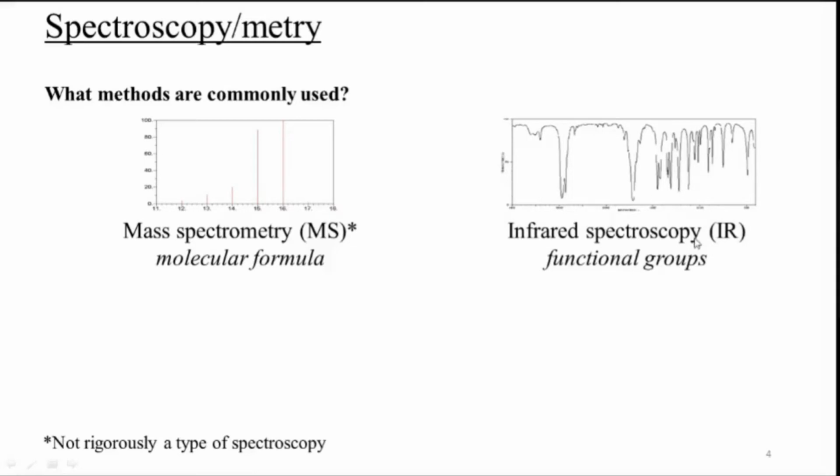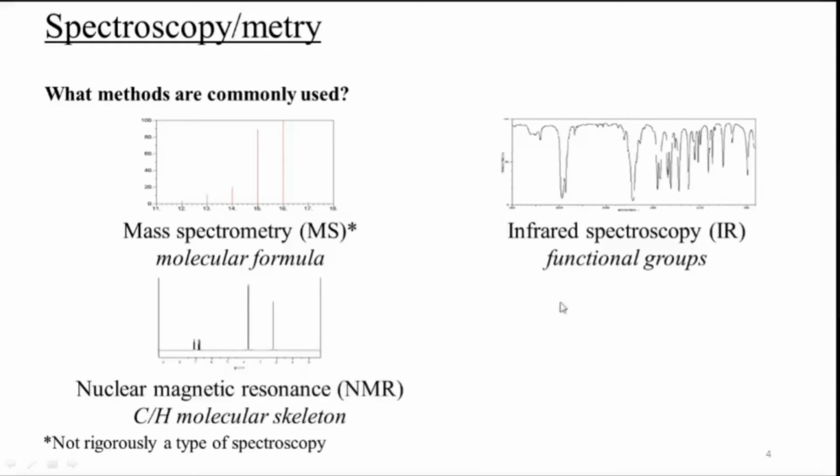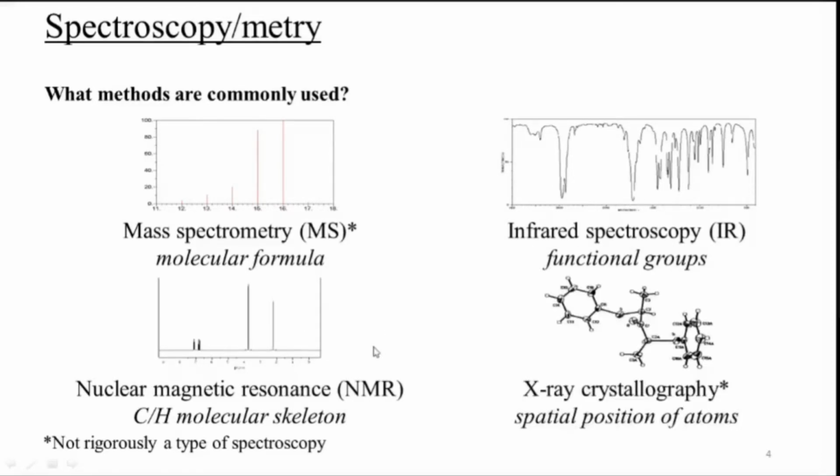The second one is infrared spectroscopy. It helps us obtain information regarding functional groups. Then comes nuclear magnetic resonance spectroscopy, either proton, carbon, nitrogen or phosphorus. They all help us in obtaining two-dimensional as well as three-dimensional structure to some extent. And we have X-ray crystallography, where we get the absolute configuration of any organic compound in three-dimensional shape. So these are the techniques that we use regularly to obtain the structure, meaning qualitative information, of an organic compound.